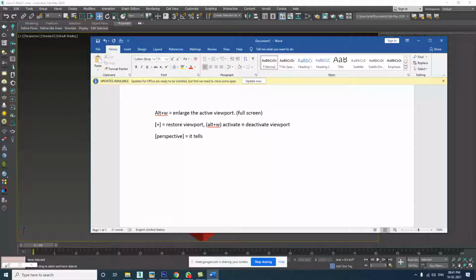No wait, camera light comes in the standard option. Camera will come in perspective only. Perspective tells which angle we are seeing the object from, like front, back.